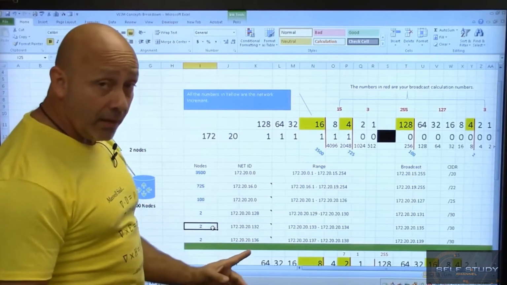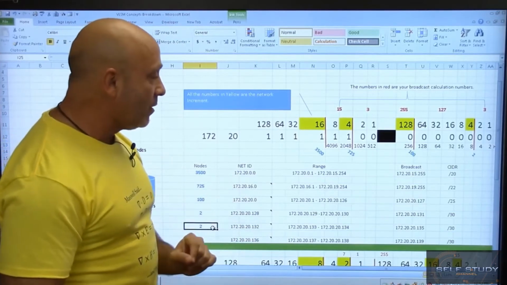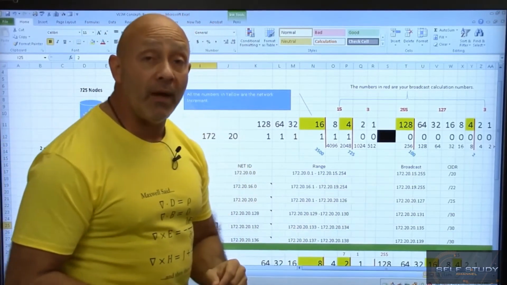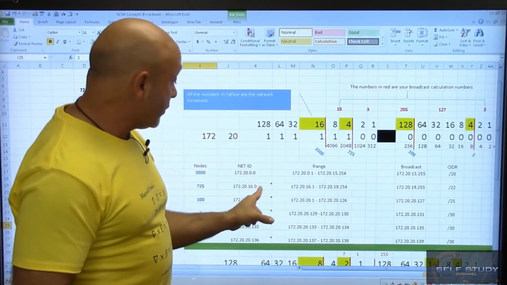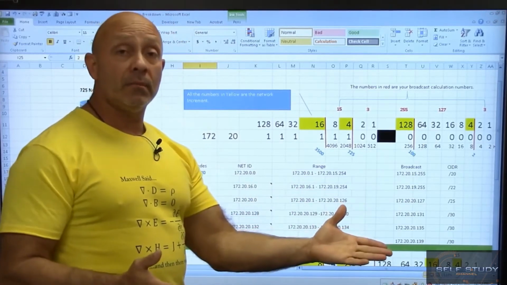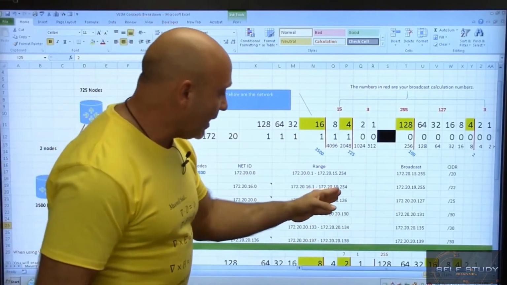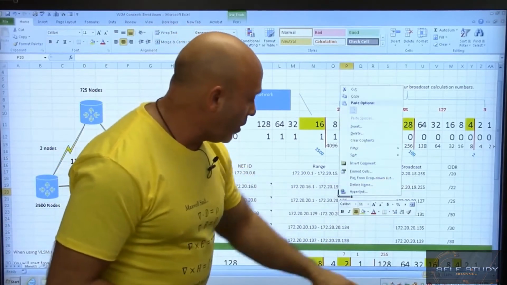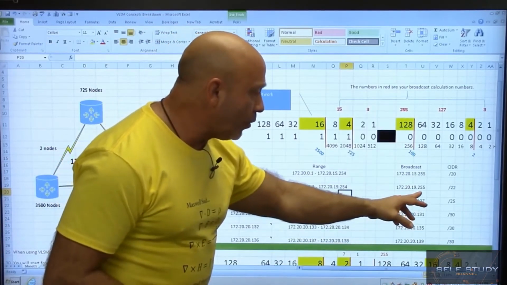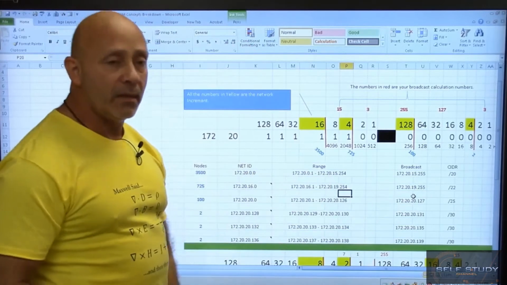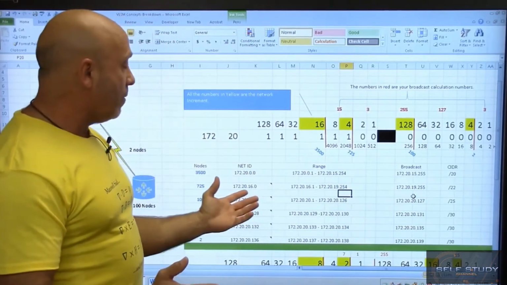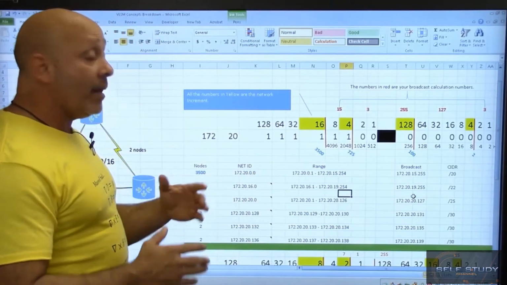What's in between 16.0 and 19.255? Well, what's after 16.0? 16.1. That's your first available IP address. The last available IP address is one before 19.255, which is 19.254. There you go. Now you have your range, and if you want to verify,